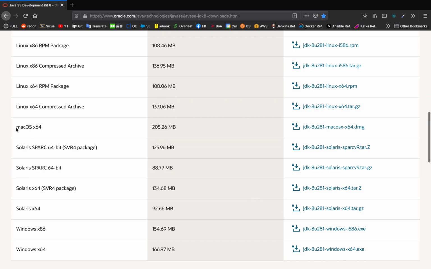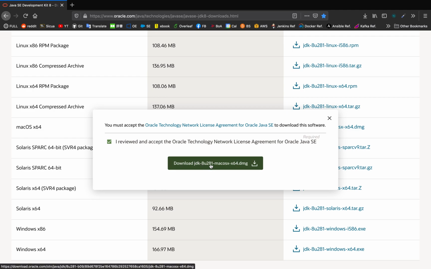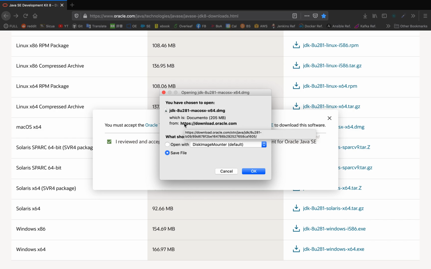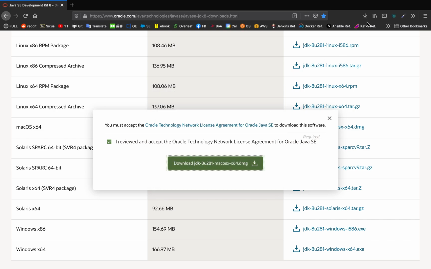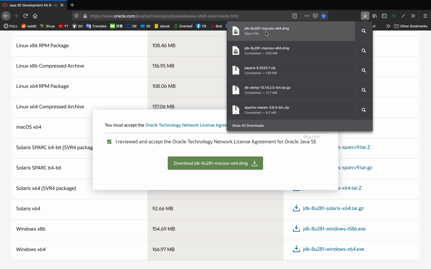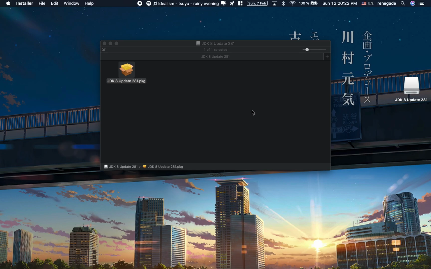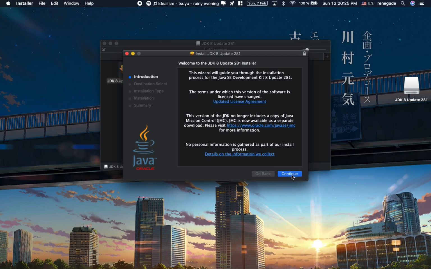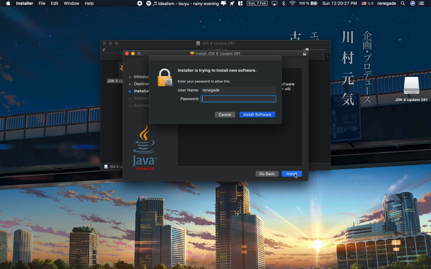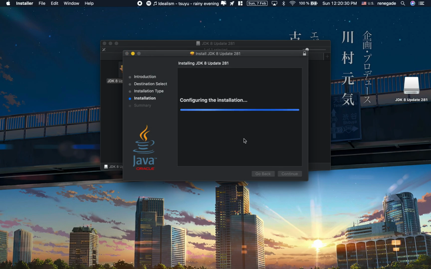You're going to head over to the macOS 64-bit installation DMG file. Now, when you hit this button, it might ask you to create an Oracle account, but I'm already authenticated, so I can just download this. Now, I'm going to go ahead and click this JDK, and we'll open up the package, and it's just going to install the Java Development Kit 8 on the computer. Type in your password, and it's going to verify the installation, write the files, and then we'll eliminate this installation